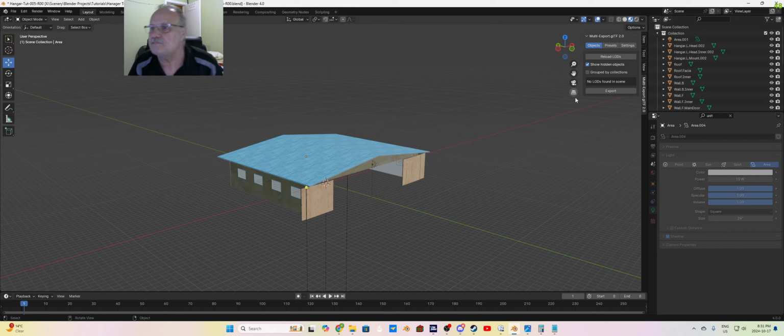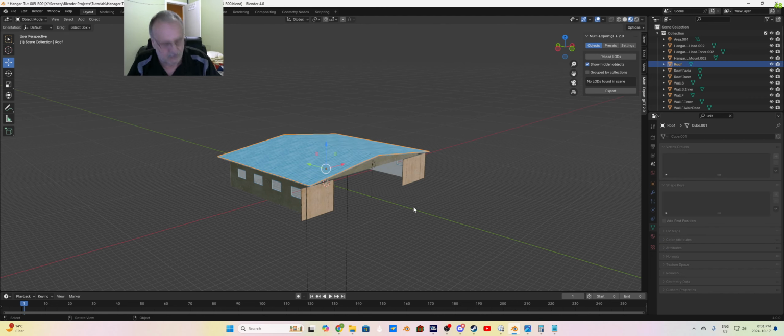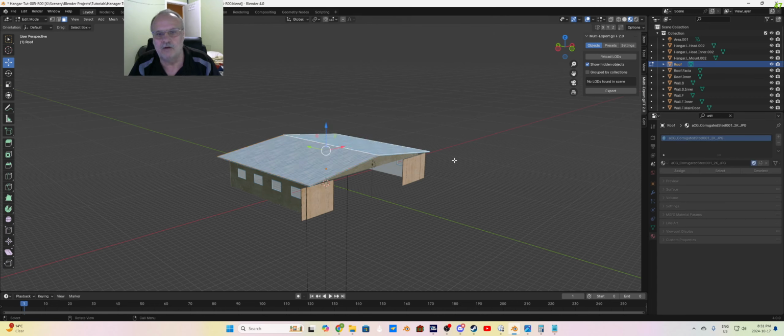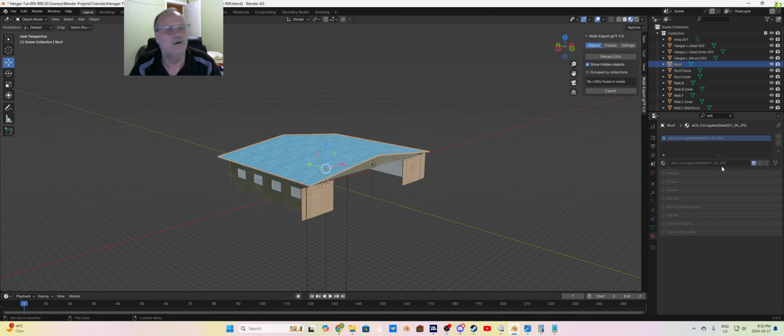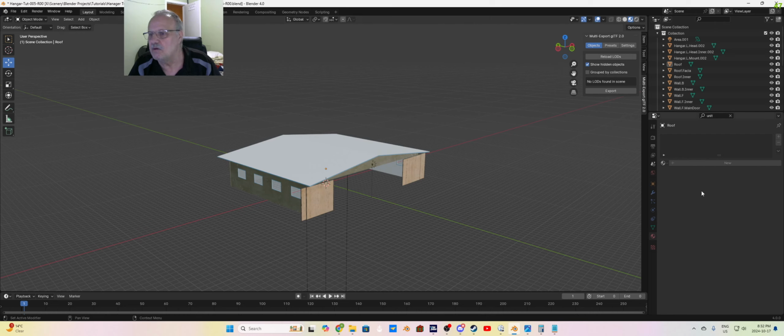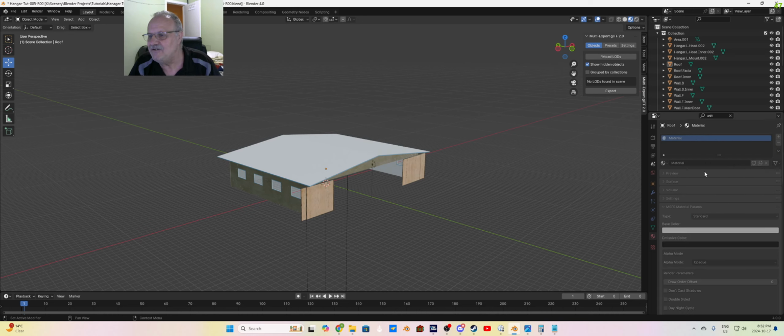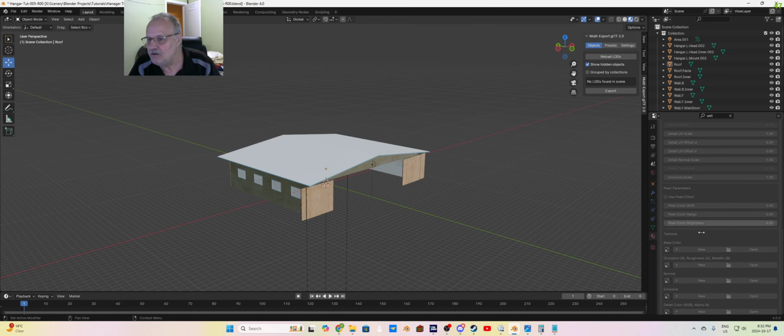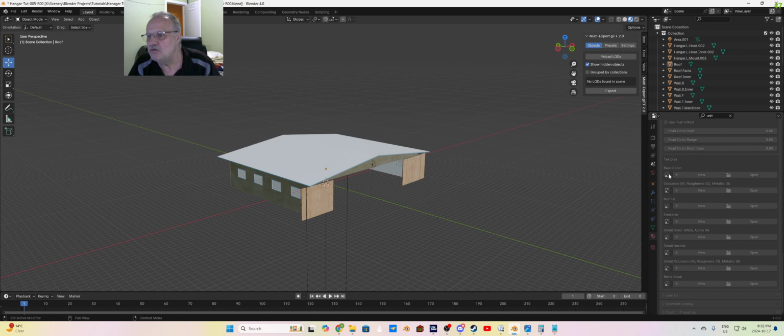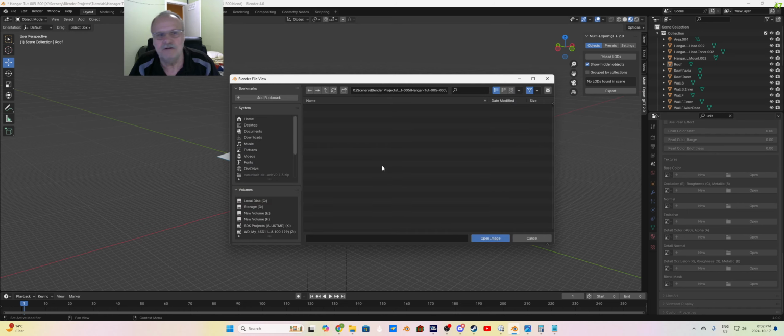Okay? So first things first, we're going to go to the roof. We're going to remove that. Remove. Okay. Now we're going to create a new material. And we're going to go down here to MSFS material param standard. We're going to come down here, go to the base color, and go open. And then we're going to browse to where we have that texture,